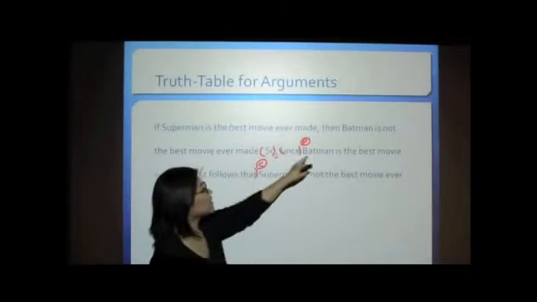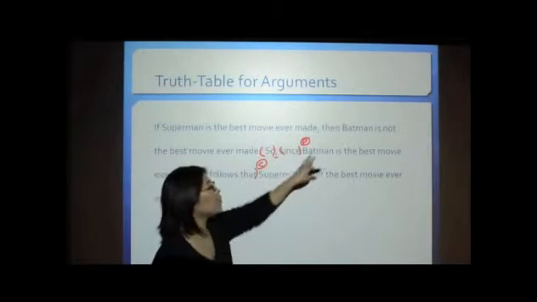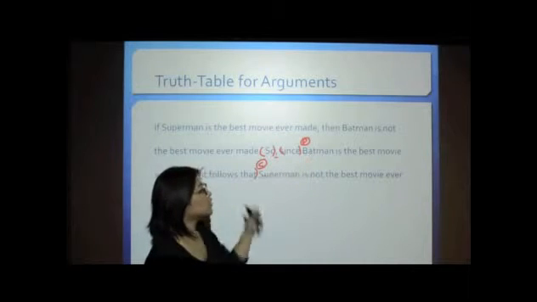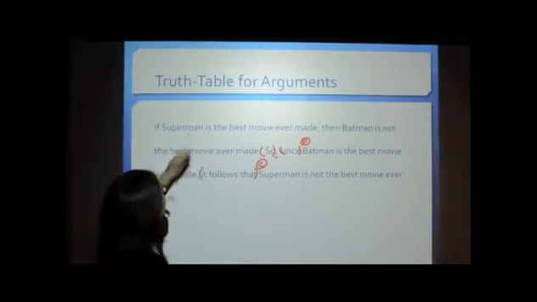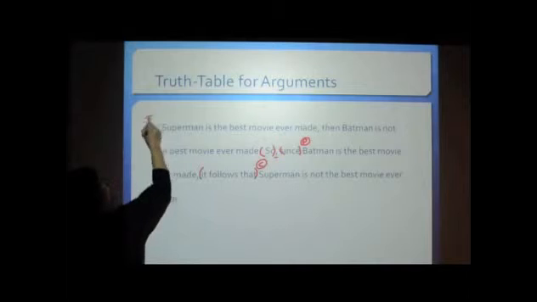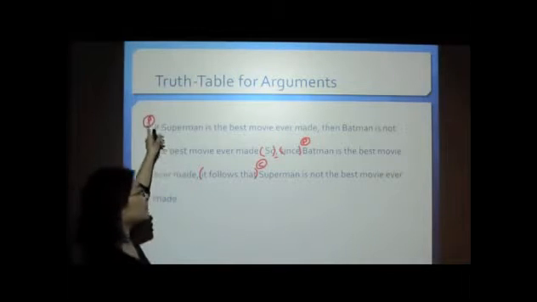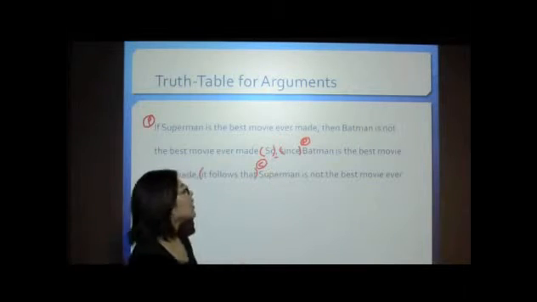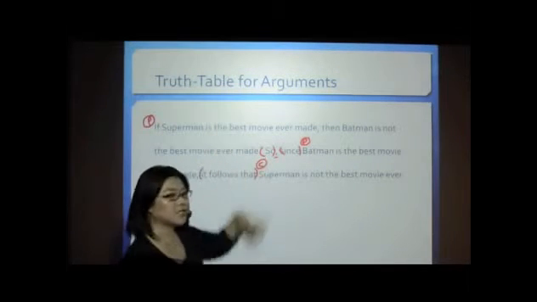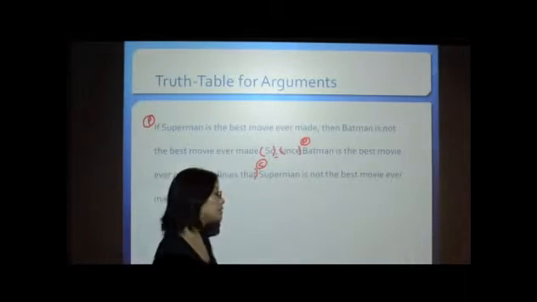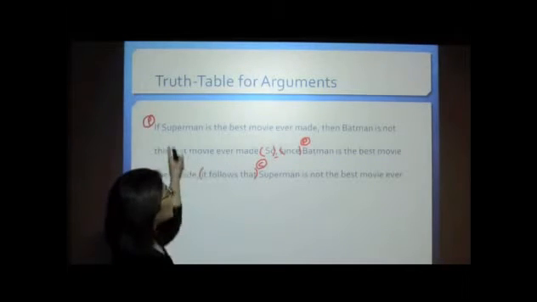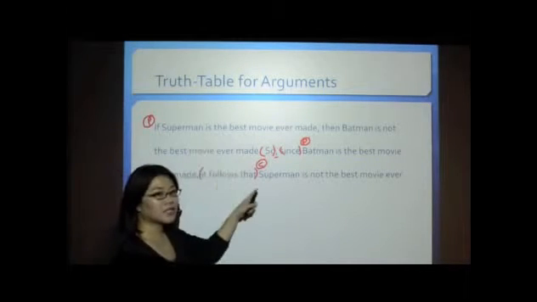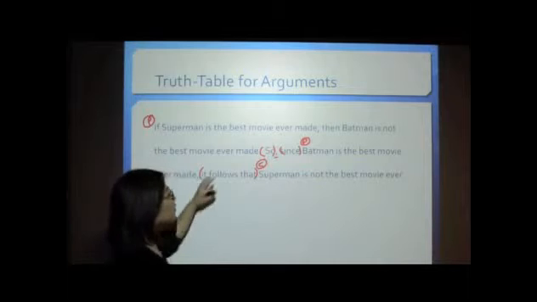Okay? Now that we've identified these two statements here, one being the premise and one being the conclusion, we can also say that this statement here is a premise as well. Okay? So I'm going to label that with a P. Why? Because we've already identified the conclusion. Okay? And we're assuming that all the statements here are relevant statements. Okay, so now that we've identified all the premises and the conclusion,